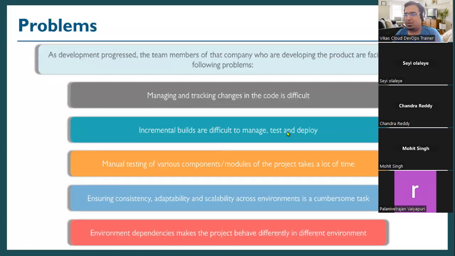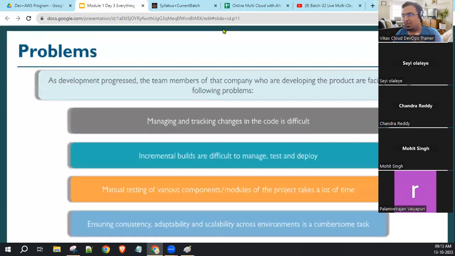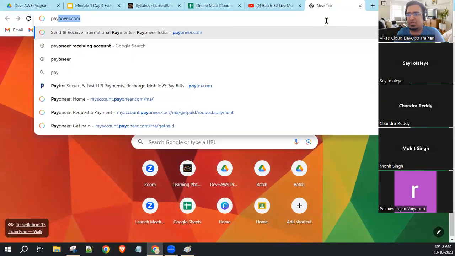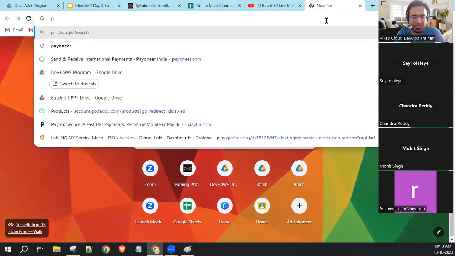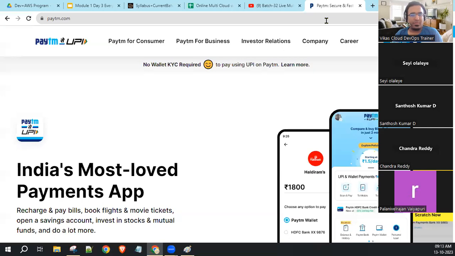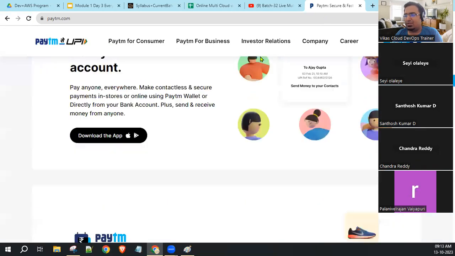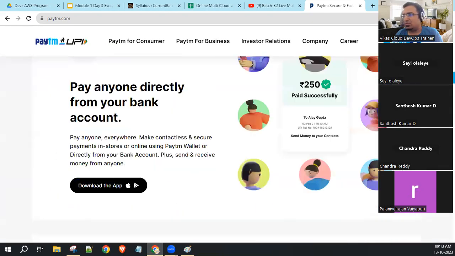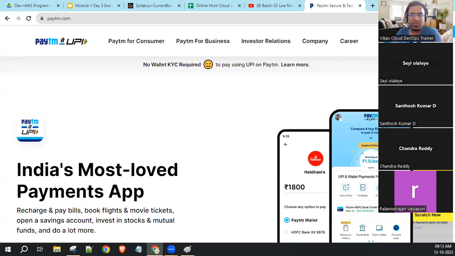Now, the third thing. Let's take a very simple example. Everyone knows this website, Flipkart, Paytm. Everyone knows Paytm? Yes or no? Yes, sir. And you guys are testers here, and I'm telling you, you have to do the testing of this website. How will you do it? Testers, I need help from you guys. How will you do the web testing for this website?